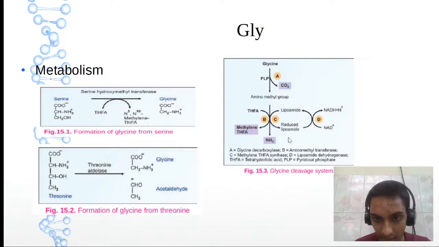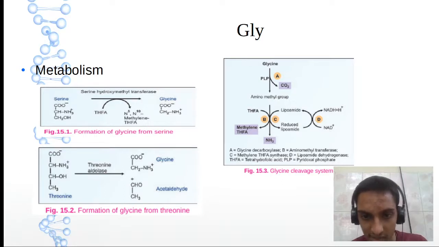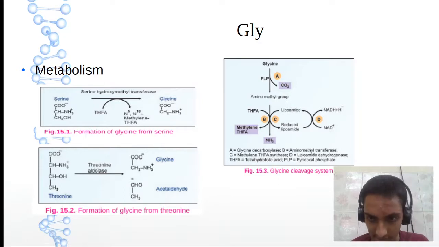Glycine on decarboxylation becomes an amino methyl group. Then on decarboxylation once again we'll get ammonia. So two decarboxylations. First decarboxylation, amino methyl group. On the next, the methyl group is removed and donated to THF. So THF becomes N5,N10-methylene THF, and we will get ammonia. And lipoamide is converted from oxidized to reduced form. This we have seen in the PDH complex of glycolysis.